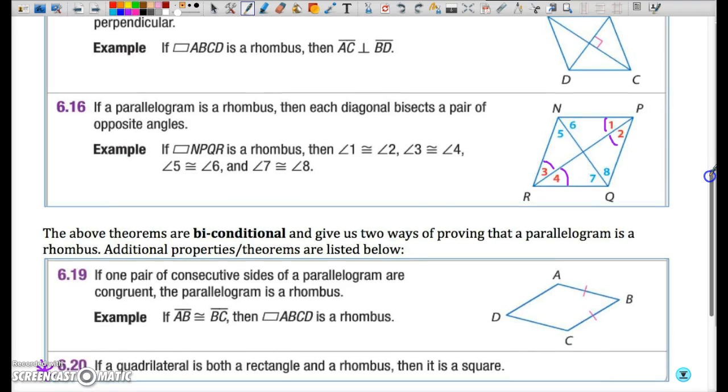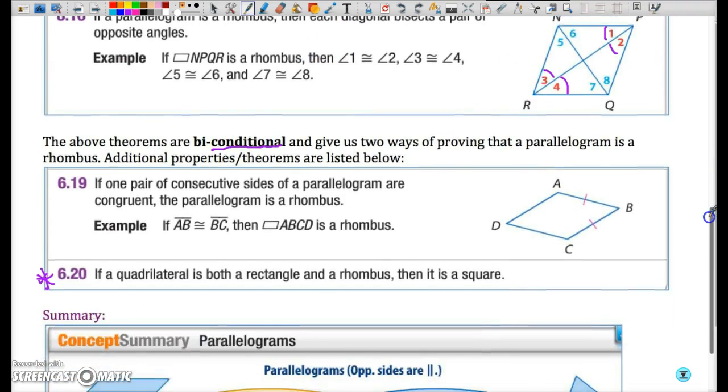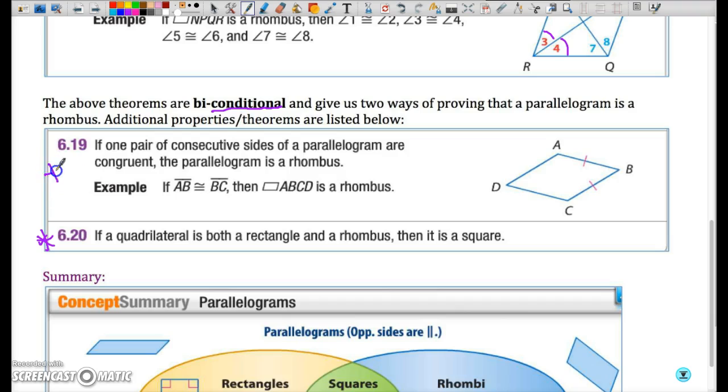Both of these theorems, the ones mentioned before, 6, 15, and 16, are biconditionals. What this means is they work in reverse order as well. So if a parallelogram is a rhombus, the diagonals bisect a pair of opposite angles. If in a parallelogram a diagonal bisects a pair of opposite angles, the parallelogram is a rhombus. And then theorem 619 is a way of proving that a parallelogram is, in fact, a